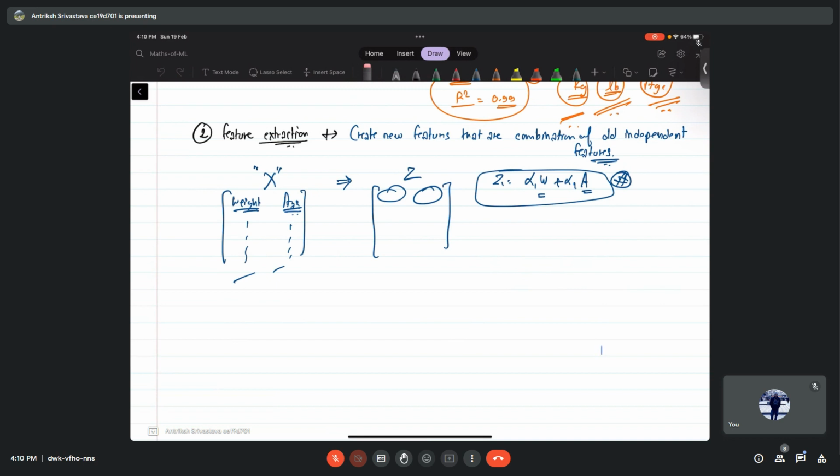Okay, now when we do these things, when we make our new set of features, we have to keep in mind that we have to try in such a way that the new features are not linearly dependent. Why do I say this? See, previously we had x1, weight and age. So there might be some kind of